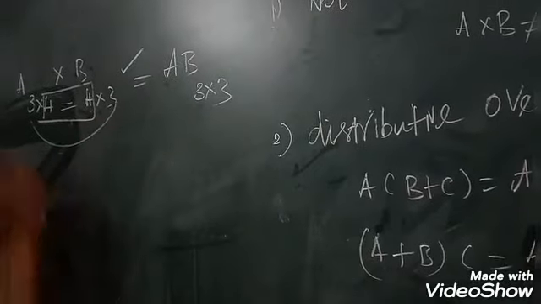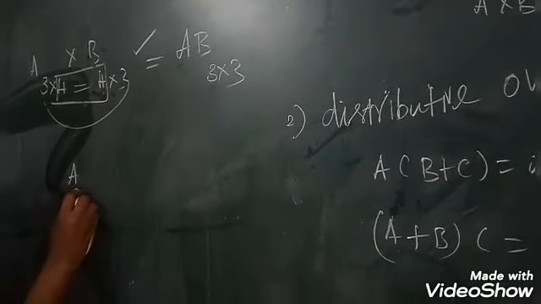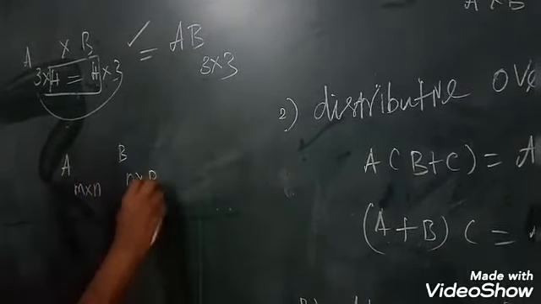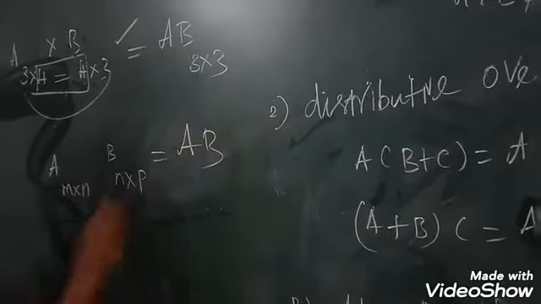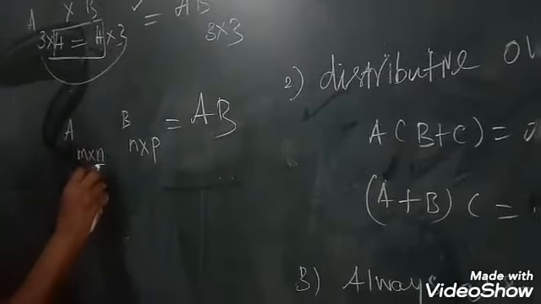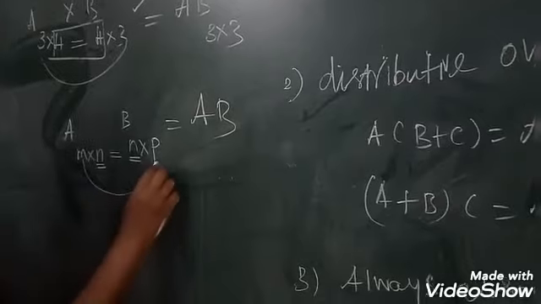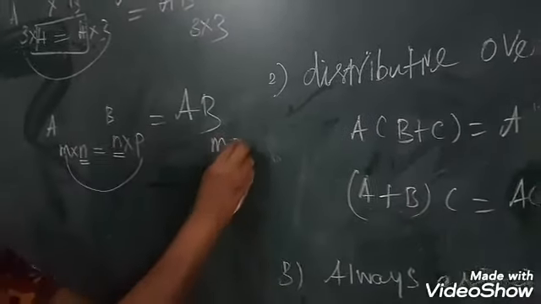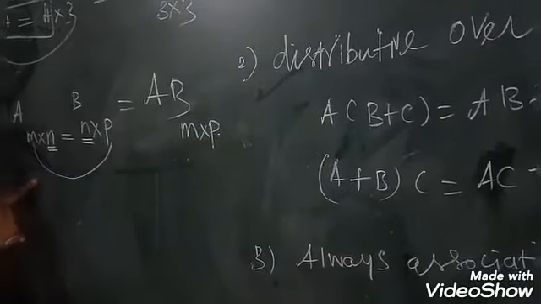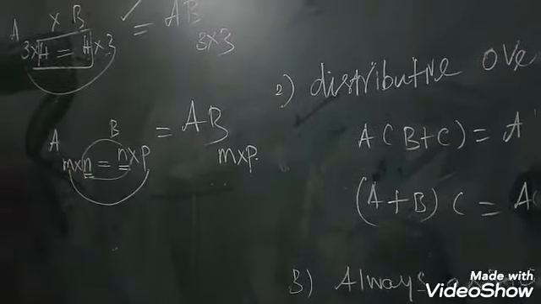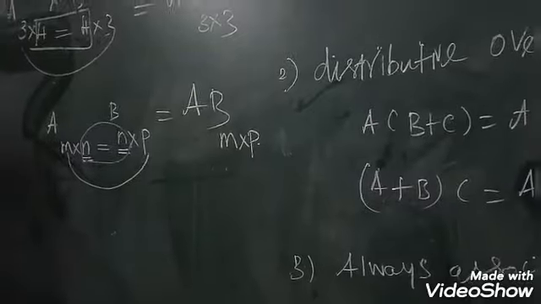Okay girls, I will explain again. If A matrix is M cross N, then B matrix is N cross P. Now for the product of the matrices, see girls, the first matrix column and the second matrix row should be equal, which means the product of the multiplication will be M cross P. You will understand? These both should be equal, then only we can multiply. Otherwise we cannot multiply.